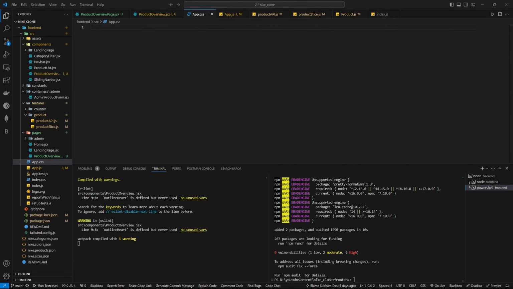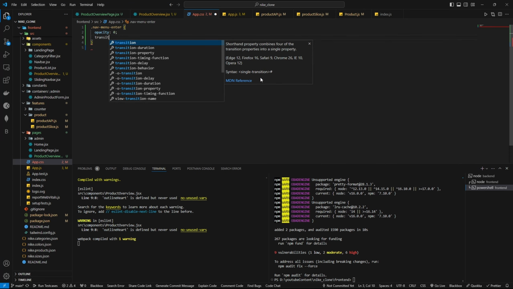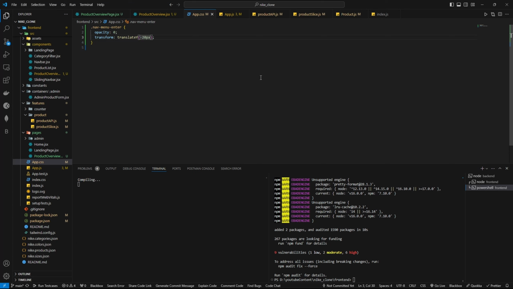So in the app.css we need to give something like nav menu enter, and then opacity should be 0, and then transform should be translate y and -20 pixel. Okay,